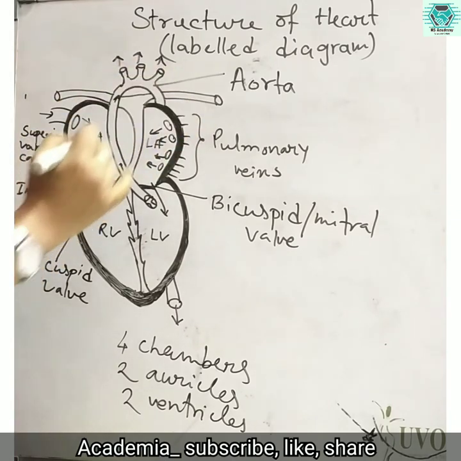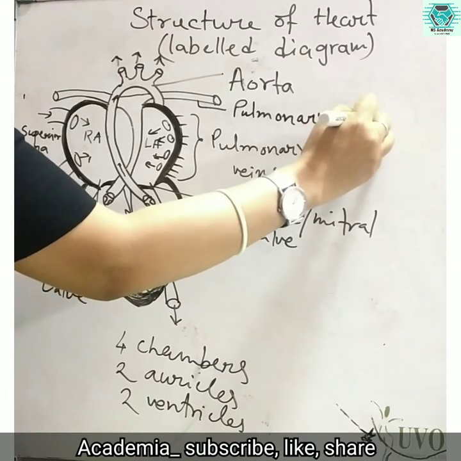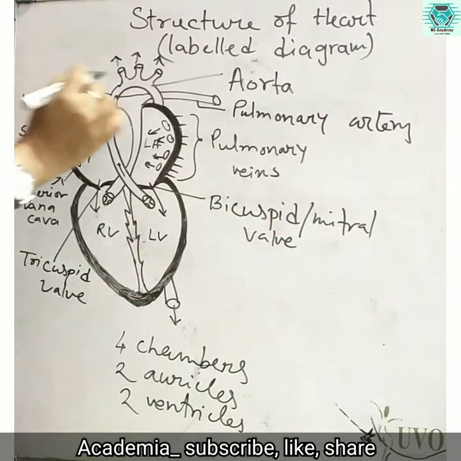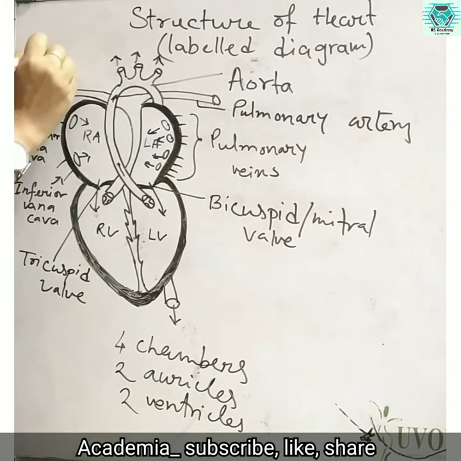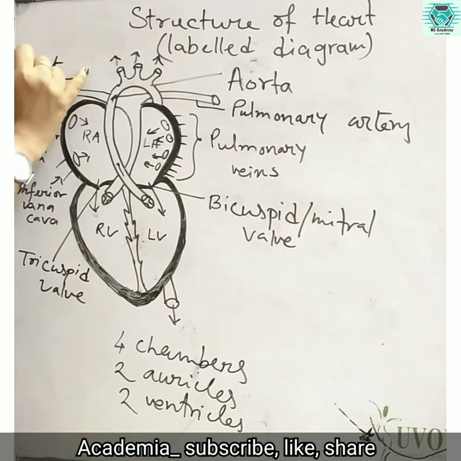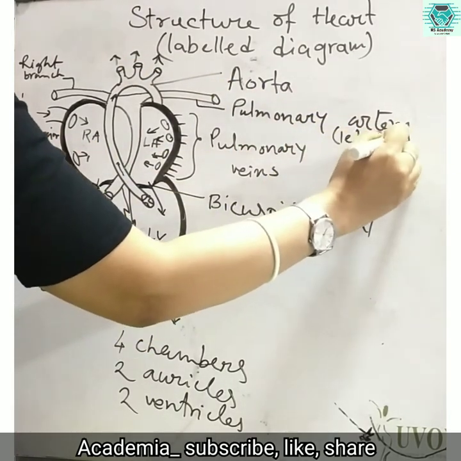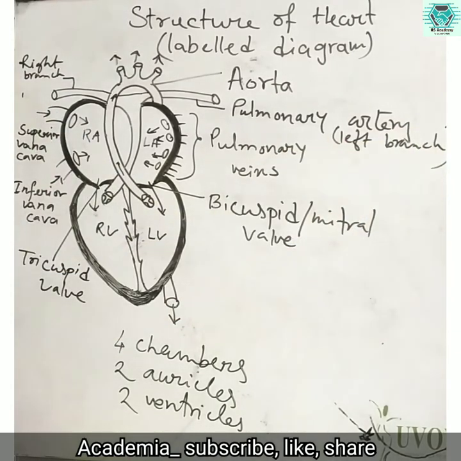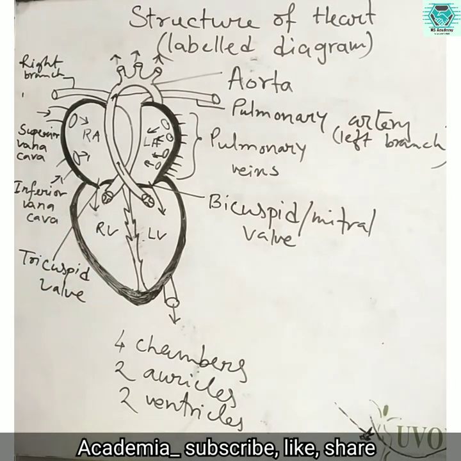Another one is called the pulmonary artery. So what about it? This is the right branch of the pulmonary artery, which goes to the right lung, and this is the left branch which goes to the left lung. We know that we have two lungs, right and left. So what is the origin of the pulmonary artery? They originate from the right ventricle, and they carry the less oxygenated or deoxygenated blood to the lungs, and